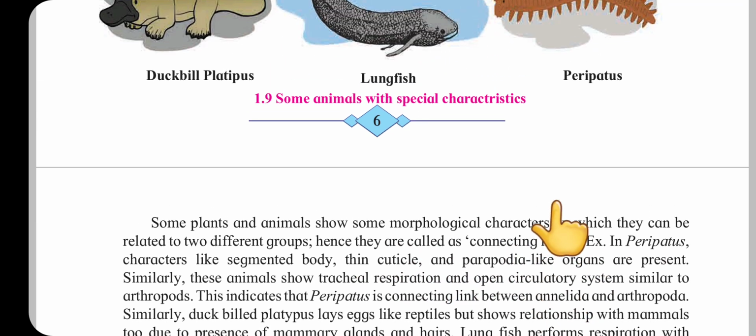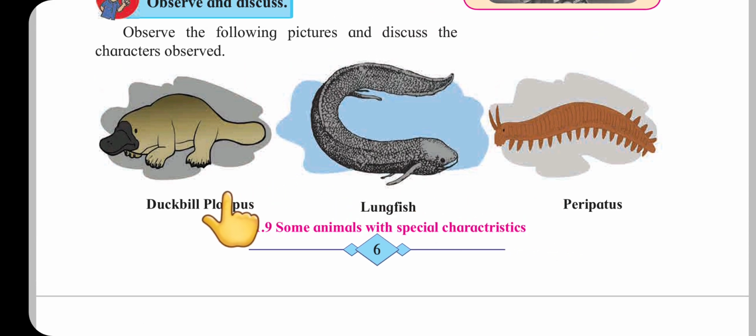For example, first, the duckbill platypus. A duckbill platypus shows the characters of reptiles as well as mammals. And the next example is the lungfish. Lungfish perform respiration with lungs despite being a fish. And lungfish indicates that the